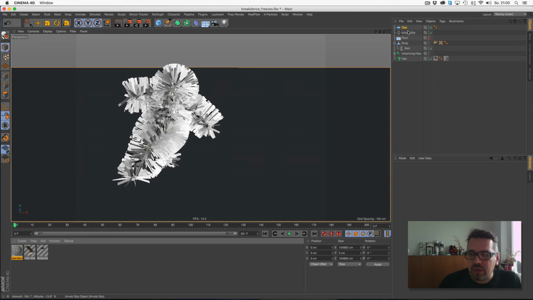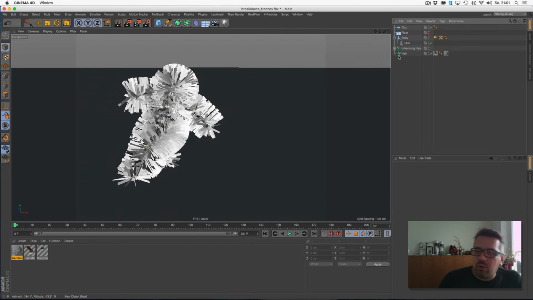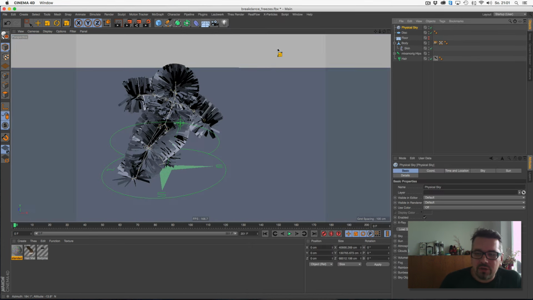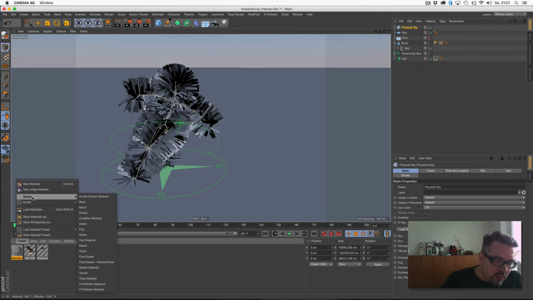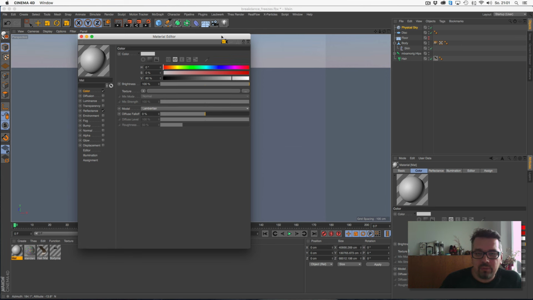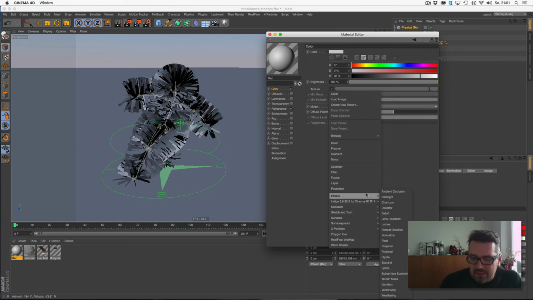So I delete the Arnold stuff and the color shader, and give back the standard physical sky from Cinema 4D. And now I create a new Cinema 4D material and give it the color shader. It's very easy, I said.